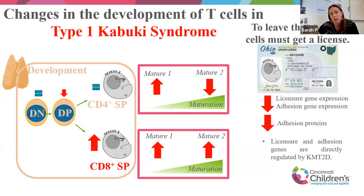And we find that in mice that mimic Kabuki type 1, these licensure genes are decreased, and the stickiness on the cells within the organ is also decreased. And so